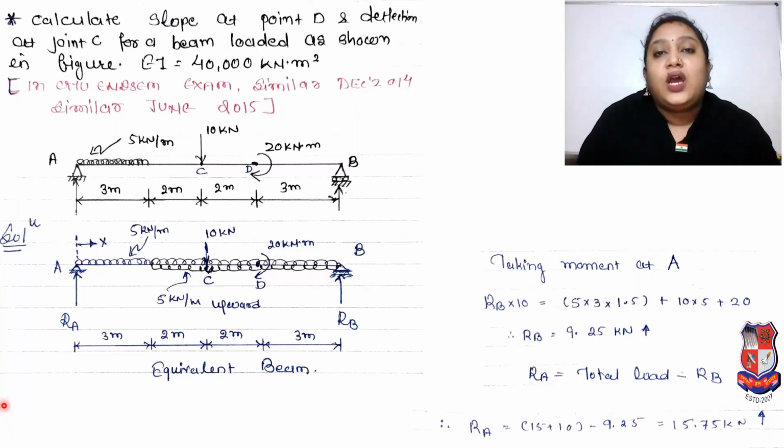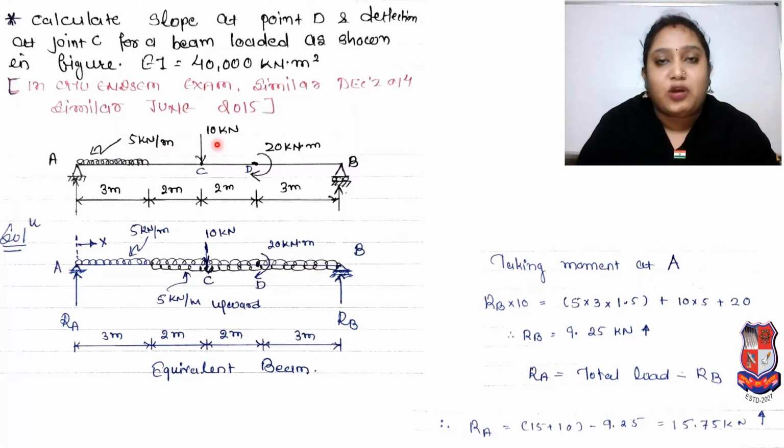Now we will go for another problem. Calculate slope at point D and deflection at joint C for a beam loaded as shown in figure. EI value is given as 40,000 kilonewton into meter square. Okay, a similar type of problem was asked many times in your CTU previous exams. So focus on that, and based on that, you can calculate